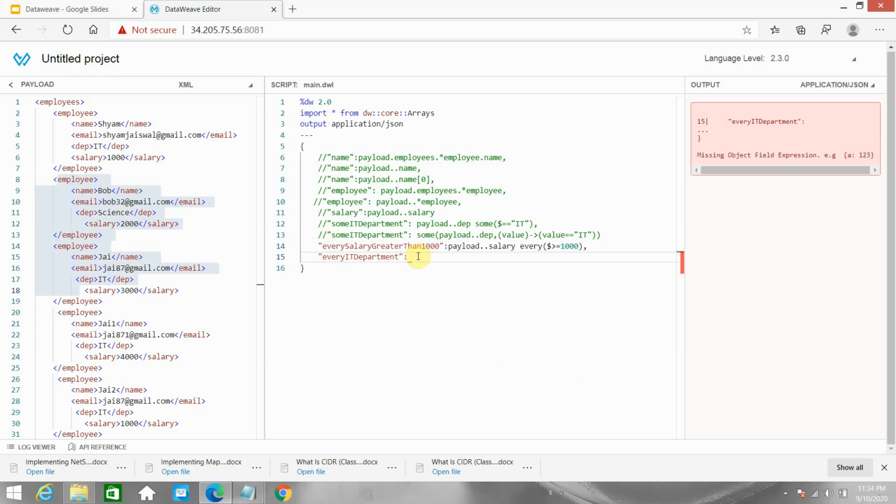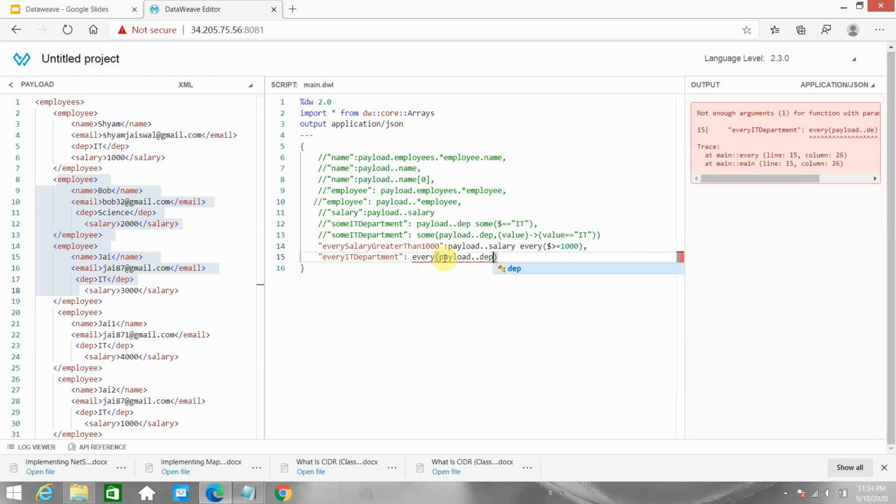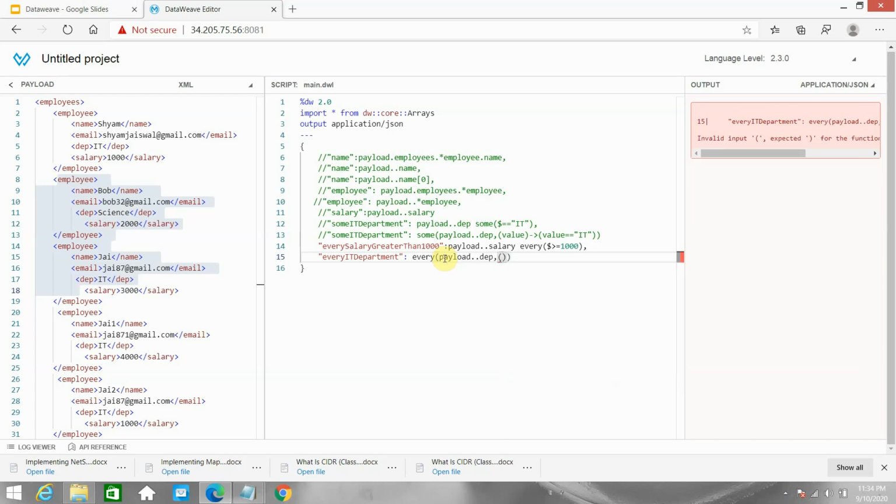You can write this syntax also, but I want to make sure you learn both syntaxes. So I can say every, and under every, payload, I will access department. You can pass any parameter; the name can be different. So I can say department, or I will say DPT.